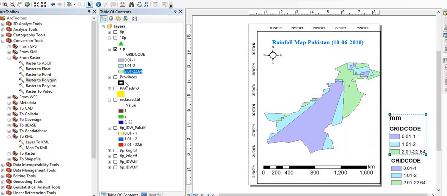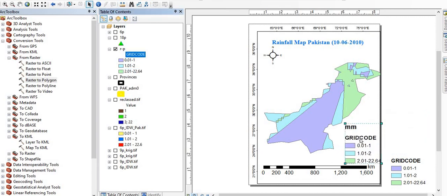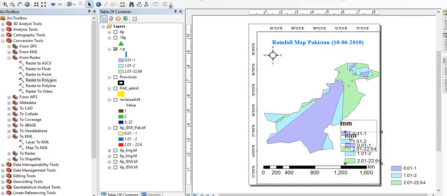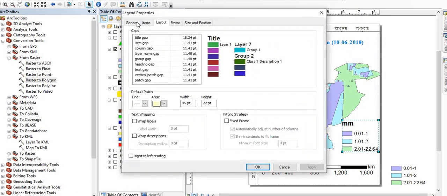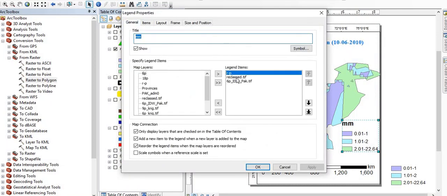You have to bring this here, and you have to remove this grid code. Just click again, and if you remove it from this one, it will be removed from this one. Now you can add the provinces legend, like double click general, you can move this one back, and you can add provinces.